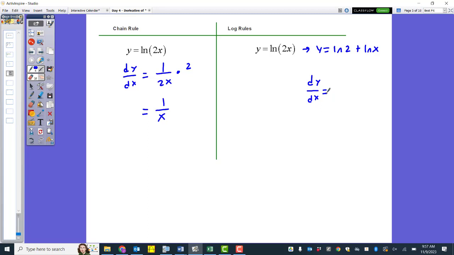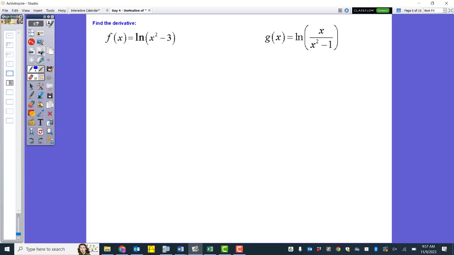Derivative of natural log of x is 1 over x. Same answer. Different steps to do it, but either one would be correct. All right, so there's just a couple practice. I'm going to look at this one right here,